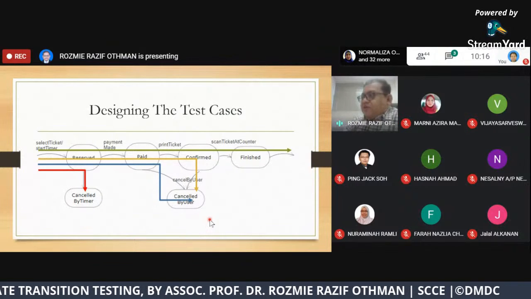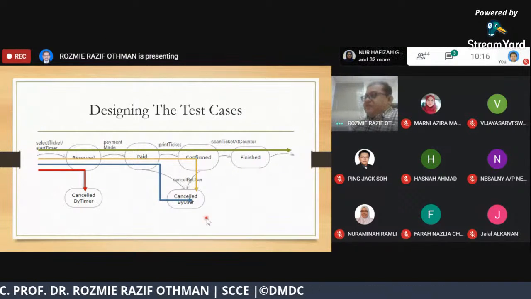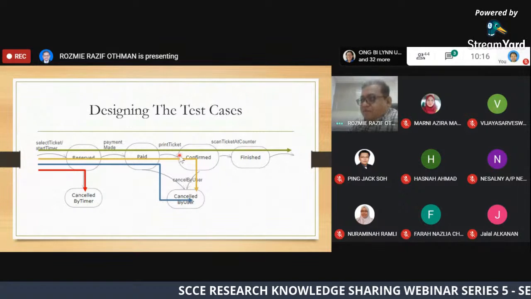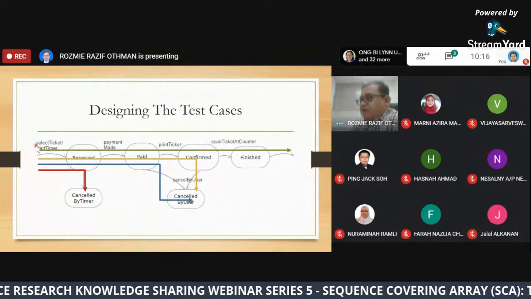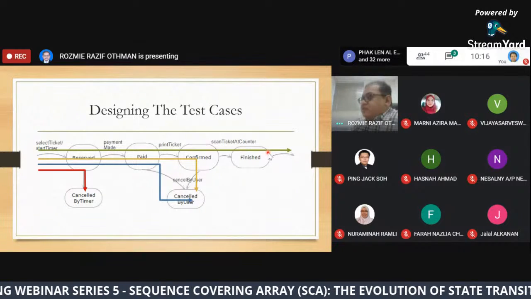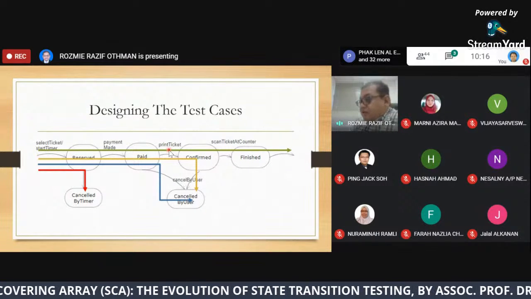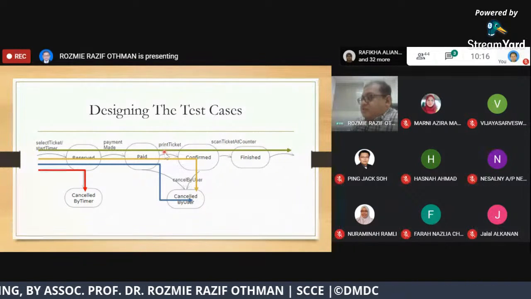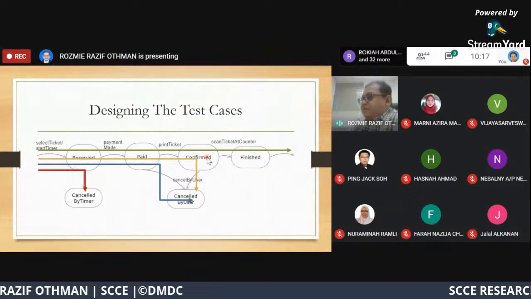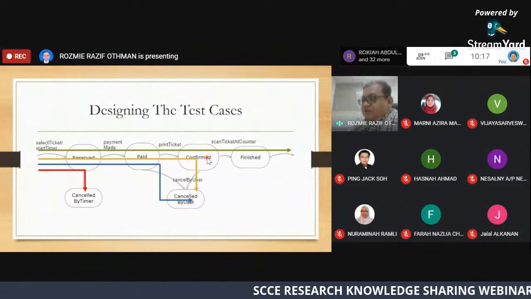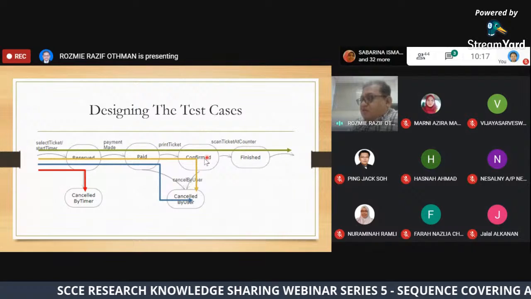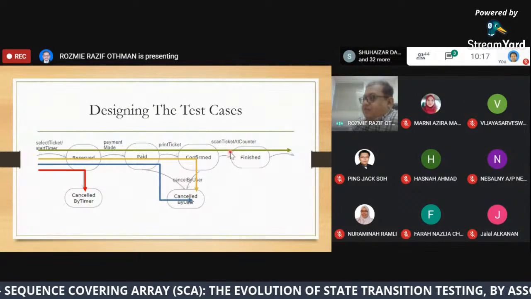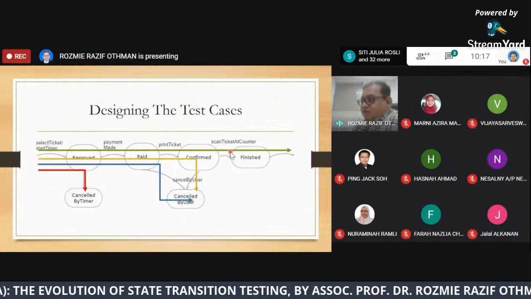The only problem with this kind of test design technique is that if one of the tests fails, for example, let's say test number 1, the green test here, fails when you run this test on the system, we cannot pinpoint in which transition the problem is actually caused. It's either at this transition or maybe at the last transition. We don't know. We cannot exactly pinpoint where the error is located.